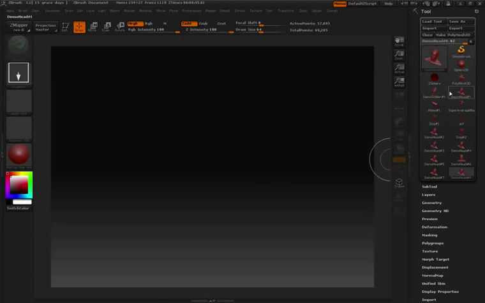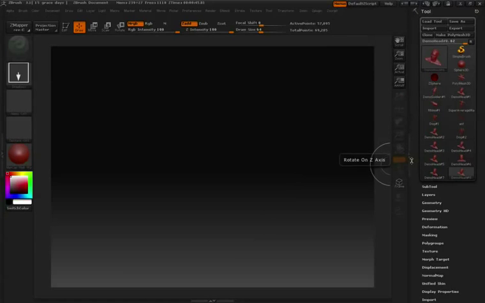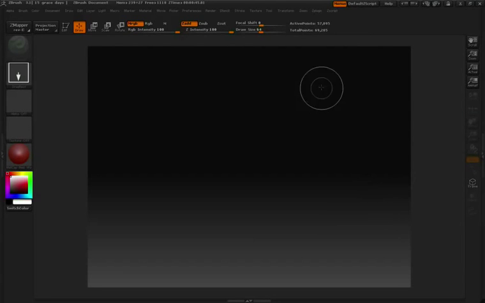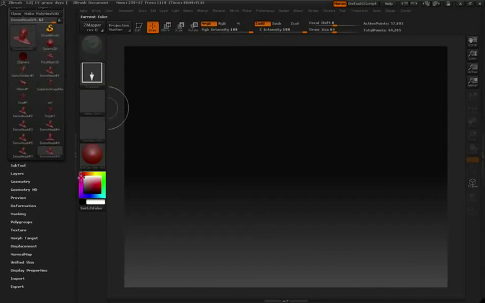Now you may or may not have your tool palette docked over here to the side, so let's quickly talk about how we can dock a palette. I'm going to go ahead and click on these double arrows right here to close this palette down. Then I'm going to go up to this main menu bar here and click on Tool. You notice when I click on that, it opens up the tool palette. You'll also notice that inside the tool palette we have a little circle with a line through it. This little swatch allows us to dock palettes. So I'll go ahead and click on that swatch, and you notice it'll dock my tool palette over here on